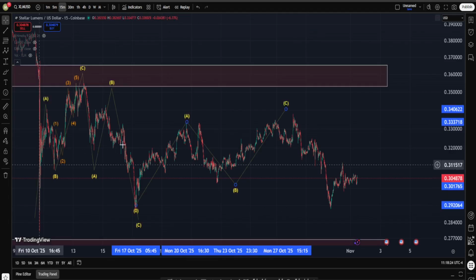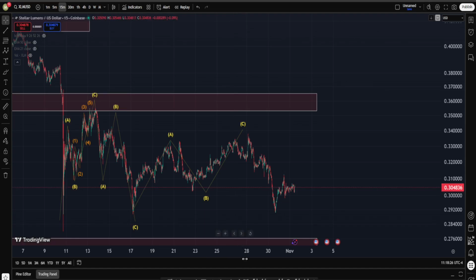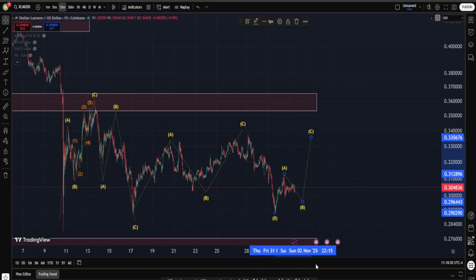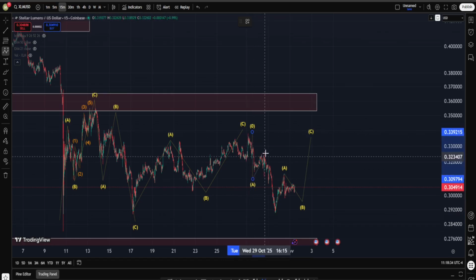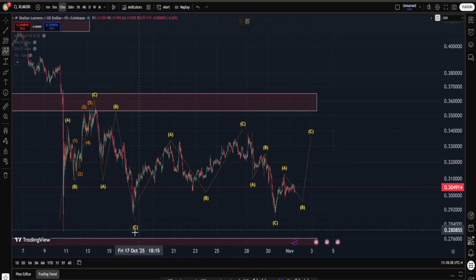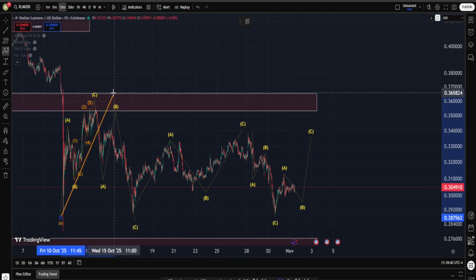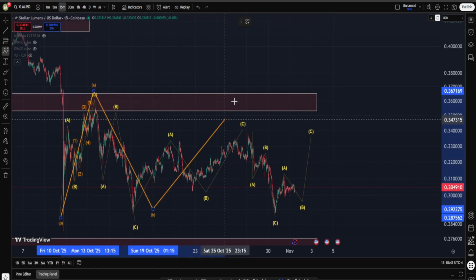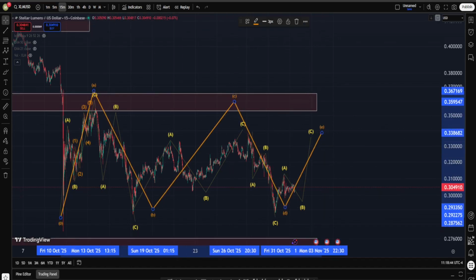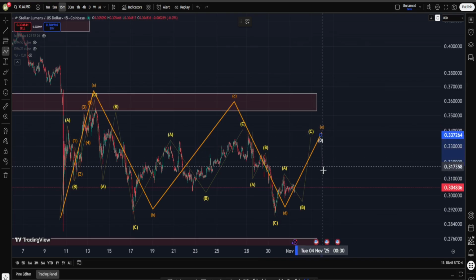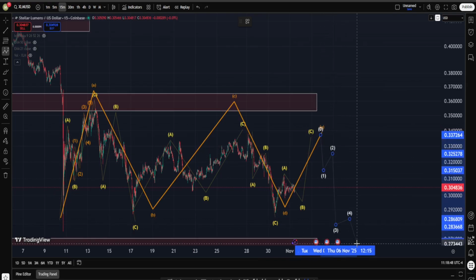So there is a chance that we're going to have something like this. Maybe this is going to be a move up in the form of an ABC zigzag, and this is going to be also another ABC on the downside, and on a higher degree, starting from this important low in XLM, maybe these are the subwaves for a triangular structure, and then we can expect another 1, 2, 3, 4, 5 wave